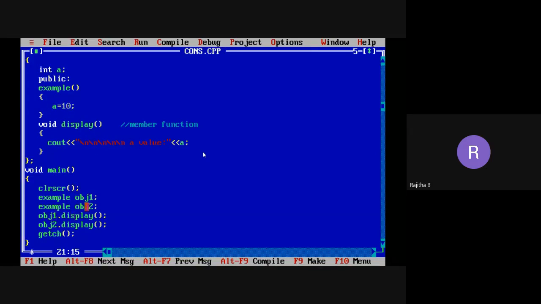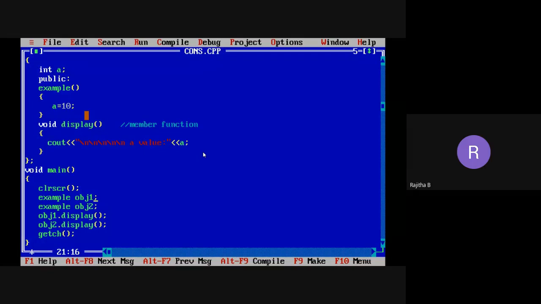And when you call obj1 dot display, the value is printed. Ma'am, when we take two objects, we have to take display also twice, ma'am? The display function is the same; when you take, see here in this program, object 1 and object 2 consist of the same value 10. In some other program, object 1 may consist of different values. Data members are the same, A and the display function, but the values will be different. So object 1 consists of 10 and object 2 may consist of something other than 10. Isn't it? Yes, ma'am. So I will clear your doubt here.